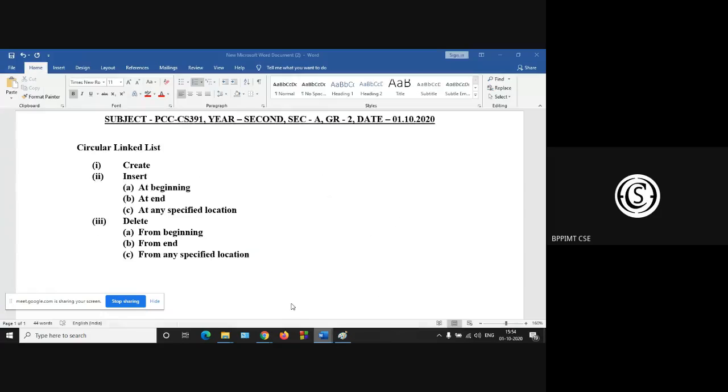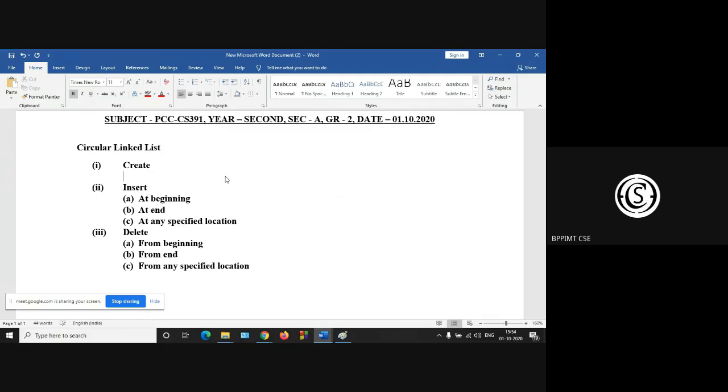Okay. So first you have to create this first one. Can you create the linked list?